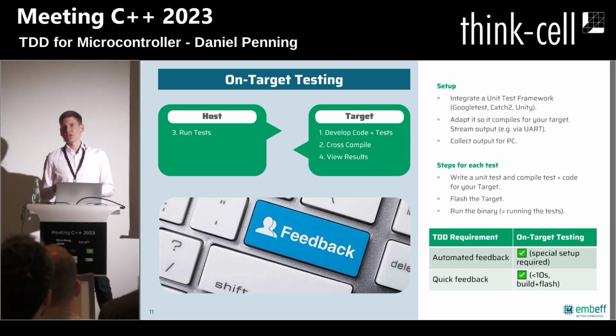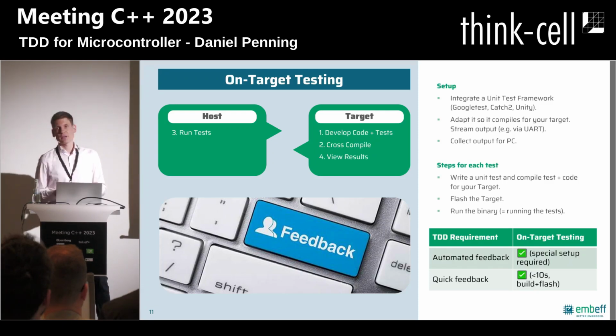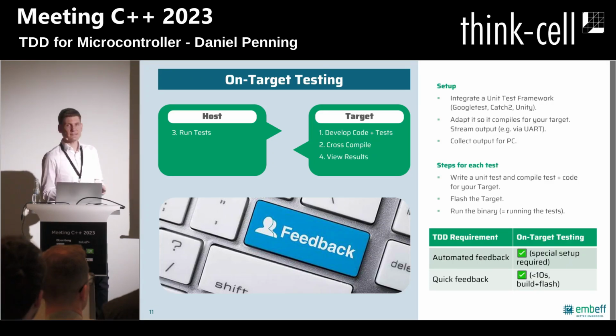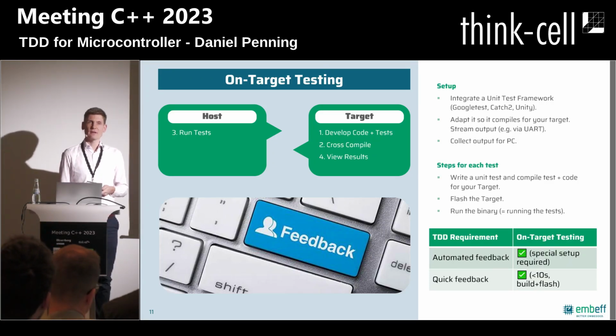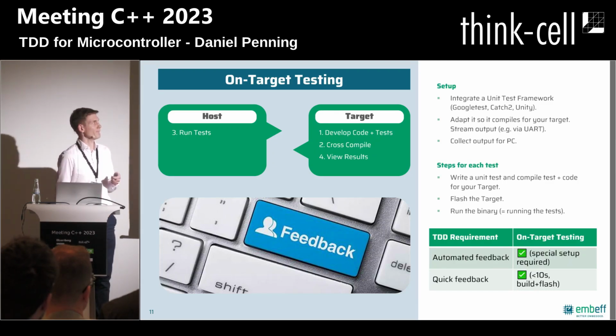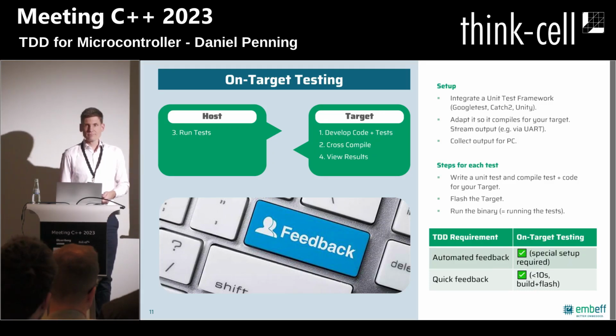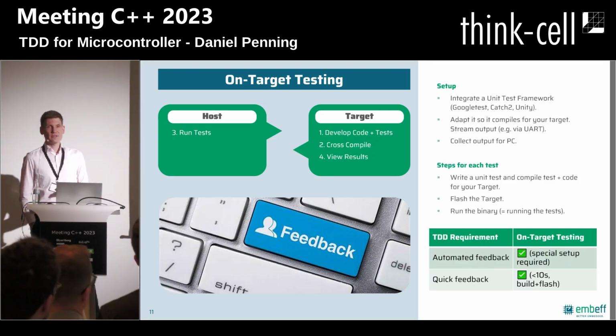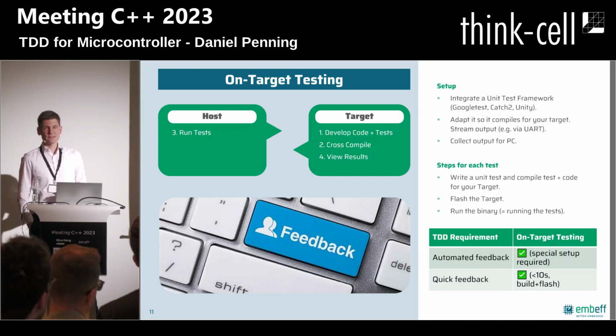And these compilers don't support the latest C++ features, so sometimes you cannot use the modern libraries. Then you need to use maybe a C testing library like Unity or CppUTest, but you will find a unit test framework that compiles also with your ancient cross-compiler. So choose a unit test framework, and then you adapt it so it compiles for your target and somehow outputs the results. Maybe stream the results to the UART, to the serial line, and this you can catch on the PC and display.